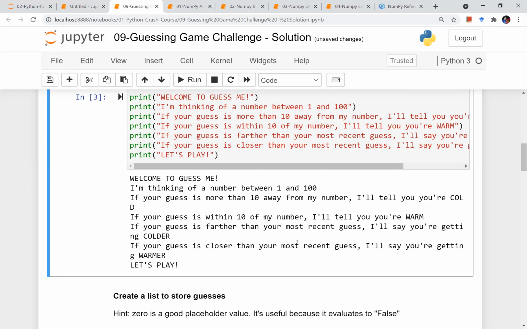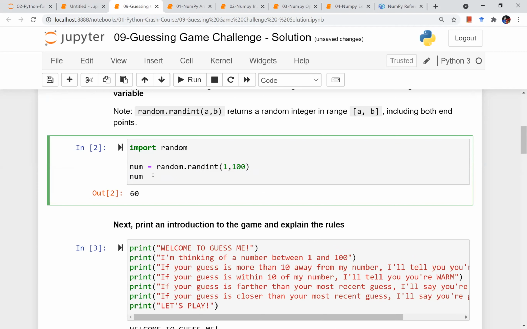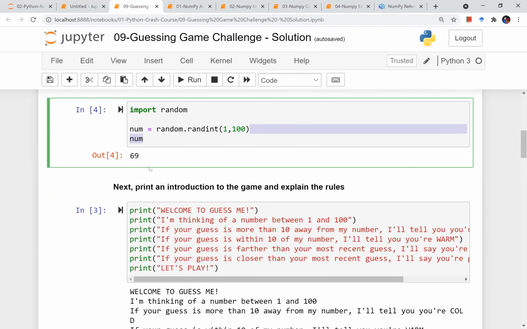In the second time, the number changed. It is automatically generating. Yes. So now run this again. If I run it, it will change, 69. So once I have run it, basically we have to run the whole program once. It's random. Yeah, random. It is changing. So when we are running it, finally we will run only once. For every other game, we will run it again. Otherwise, I have to manually change the number.